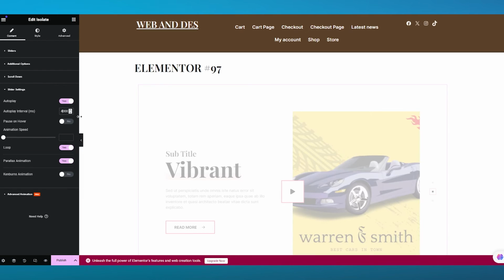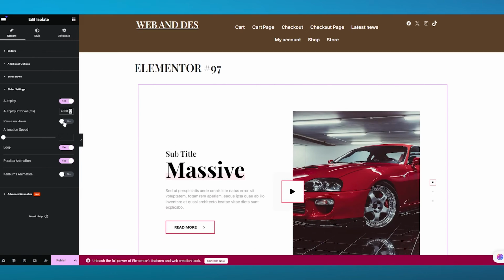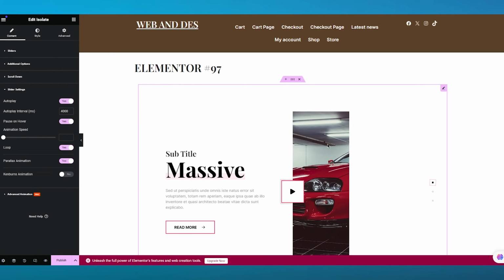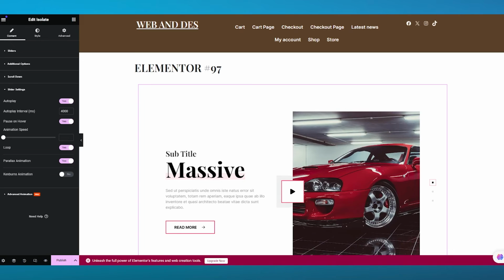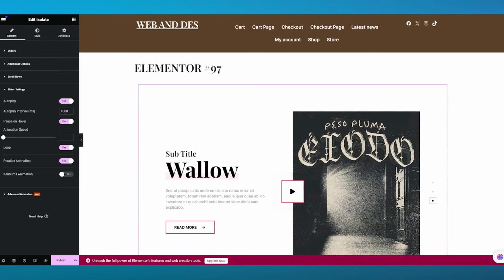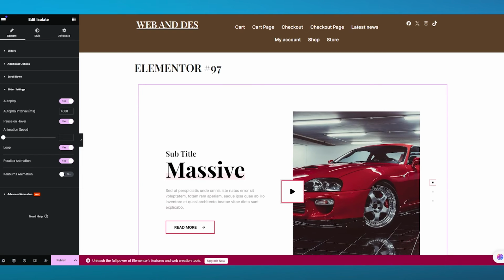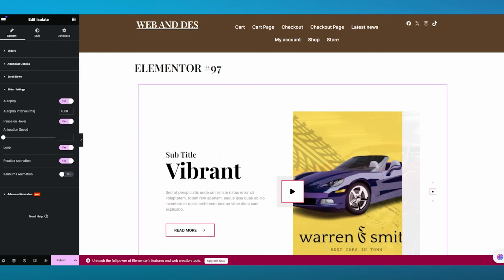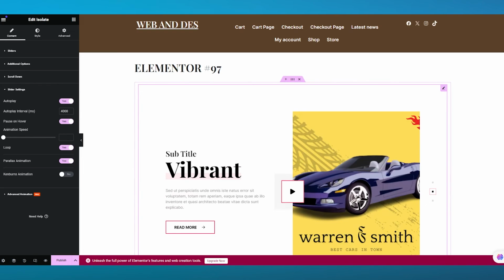So let's say I'm going to go with 4. You can also choose to pause on hover. Again, that is a setting that I would genuinely ask you people to turn on, because if someone likes a slide and they choose to read the details or descriptions in it, or maybe they want to look at the picture longer, you're going to turn on pause on hover, and if they bring their mouse over, it's going to pause it for them so they can easily read it for themselves, because then it might just get annoying if they again and again have to wait